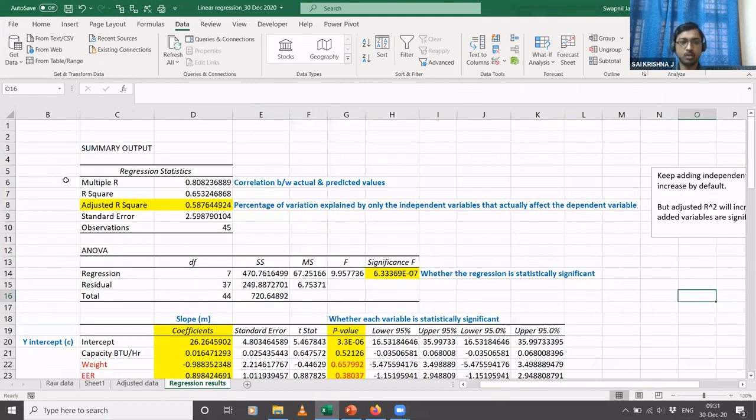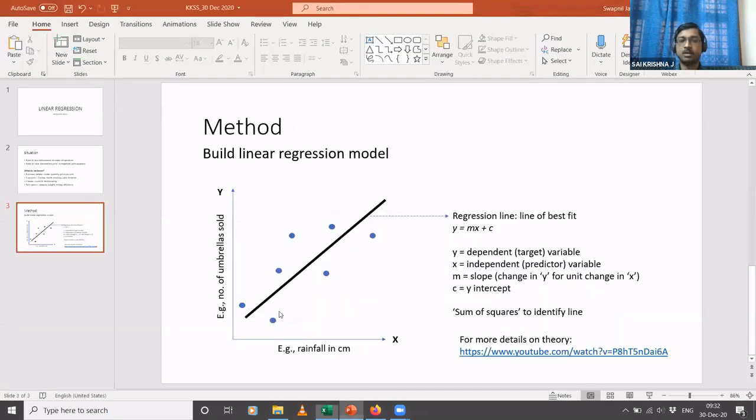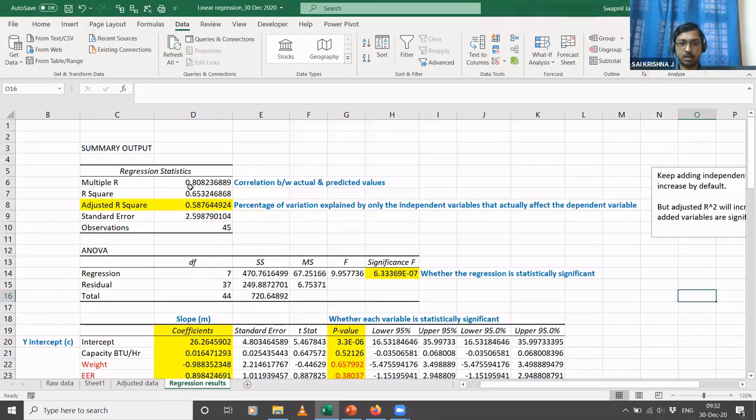You can see that there are two values here. One is called multiple R, and one is called R square. Now the multiple R is nothing but the correlation between the actual and the predicted values. We are building this linear regression out of an equation of a straight line, right? And how does that equation come? It comes out of a scatter plot. For every point that you plot here, for every XY combination, you have something called the correlation coefficient. That is what is called multiple R. And this 0.8 indicates a high correlation between the actual and predicted values.